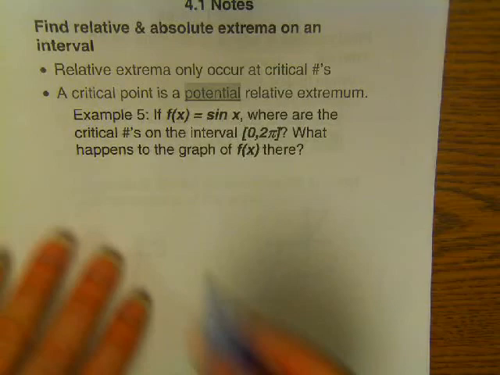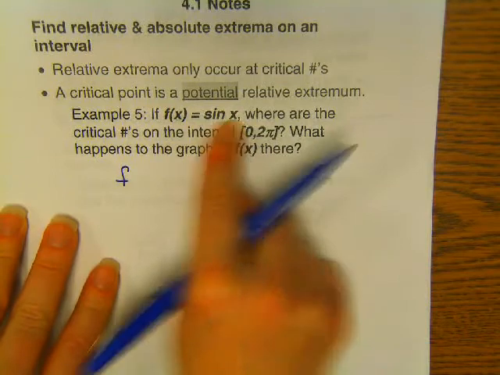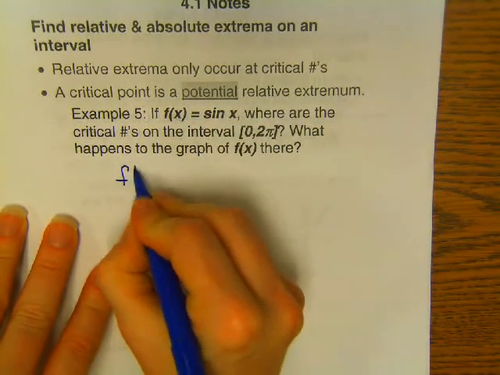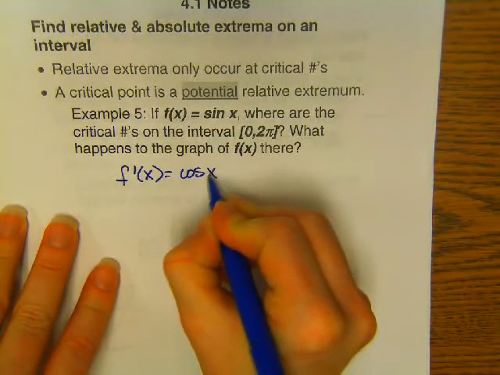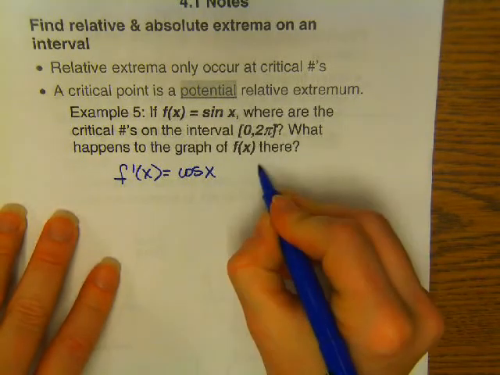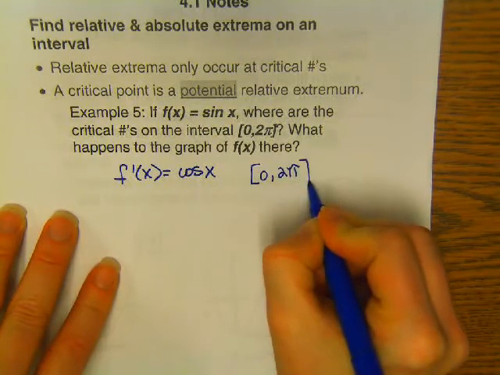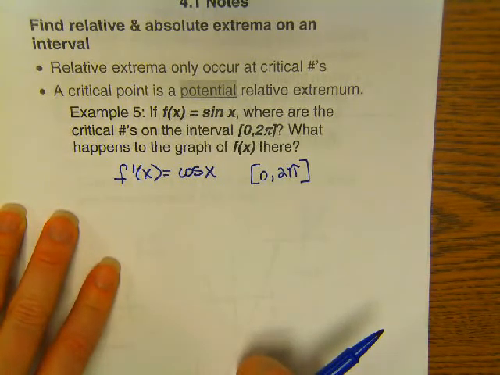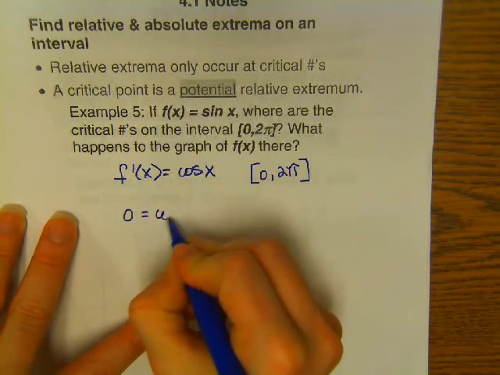No non-differential points on that. So the derivative would be cosine of x, and we are only looking on the interval 0 to 2 pi. Okay. And the zeros of cosine of x, in other words, where is the cosine of x equal to 0,